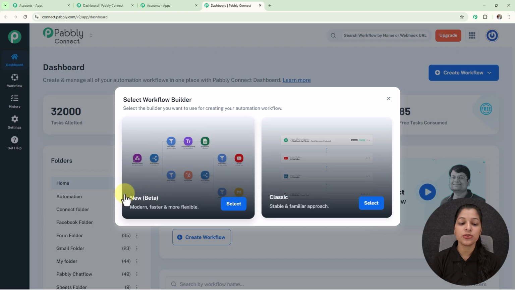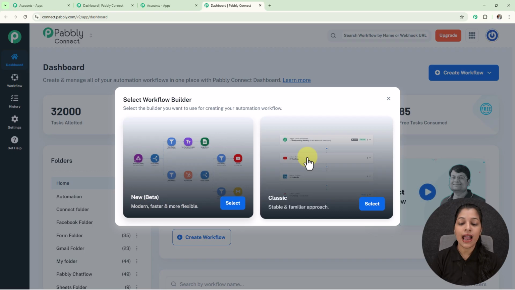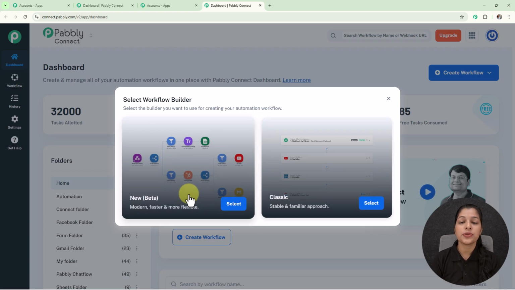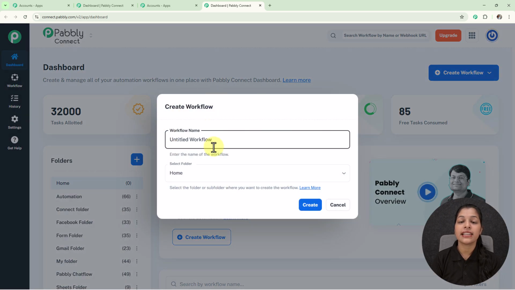So here we are getting two workflow builders. That is beta, which is modern, faster and more flexible, and another workflow builder we are getting is classic, which will provide you a stable and familiar approach. So here I am going to use this newly launched workflow builder beta. For that you simply have to click over this select button, and here we are getting this dialog box